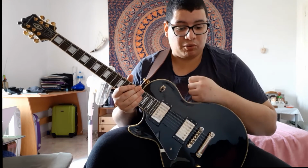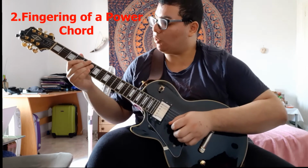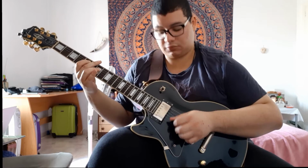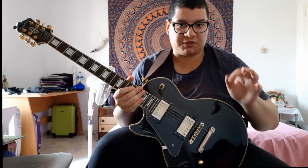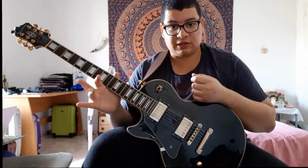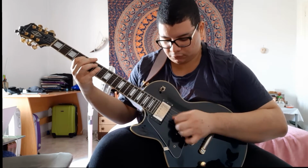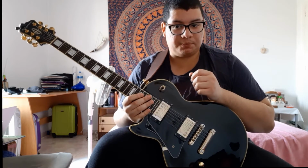Which brings me to my second point, the fingering of a power chord. I mean, he demonstrated it playing the power chord with your index and ring finger, like so. But throughout the years, I vary sometimes, but usually I play power chords with my index and pinky. That way I use my pinky more. So it would be the same. Also, now that I'm talking about fingering,